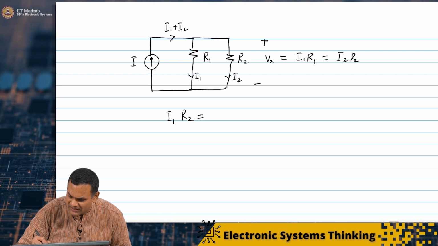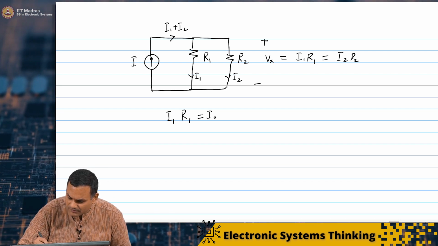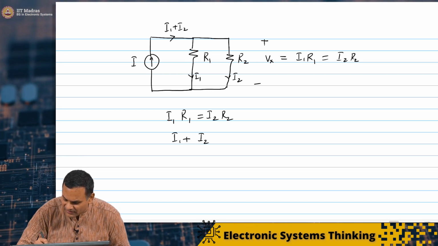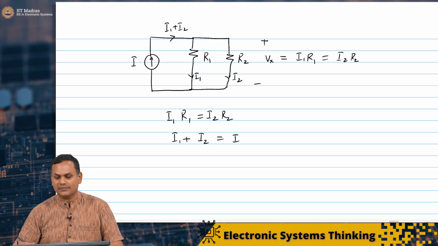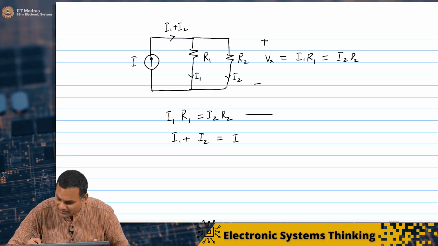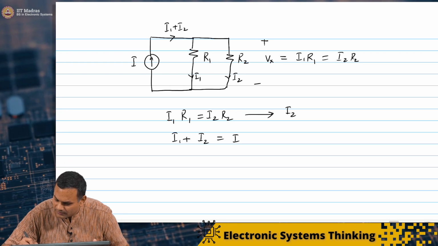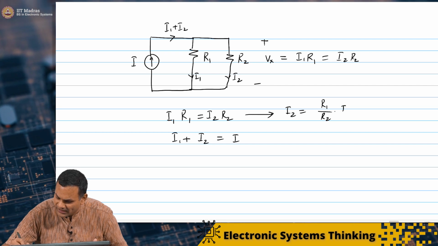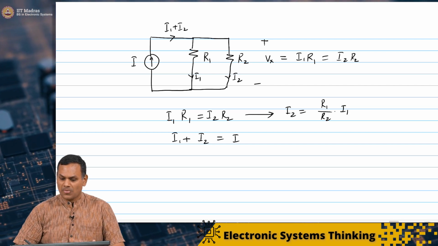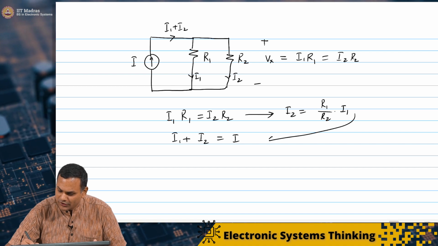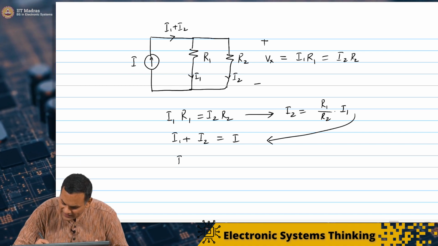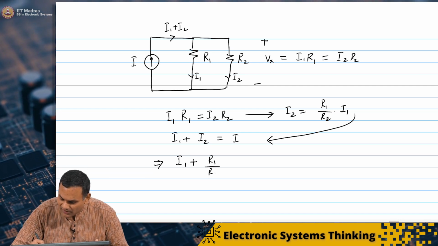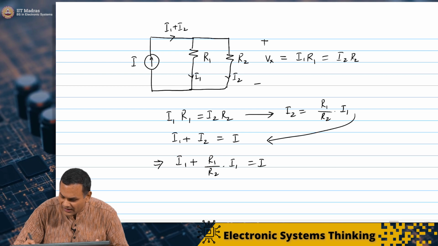I have two equations: I1 R1 is I2 R2, and of course the second equation is that I1 plus I2 is I. The first equation tells me that I2 is nothing but R1 by R2 times I1. All I have to do is take this and put it back here. So this tells me that I1 plus R1 by R2 times I1 is I,